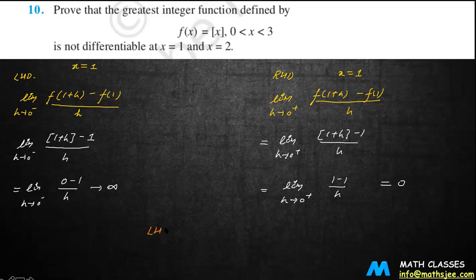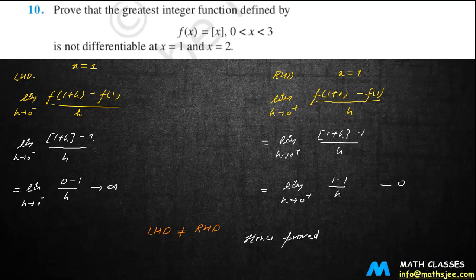the left hand derivative is not equal to the right hand derivative, right? When both of them are not equal, hence proved that the derivative does not exist. When you have this not equal, then we can say that the derivative does not exist. In the same case as in the limits, right? When the left hand limit is not equal to the right hand limit, we say that the limit does not exist, in the same manner, right?